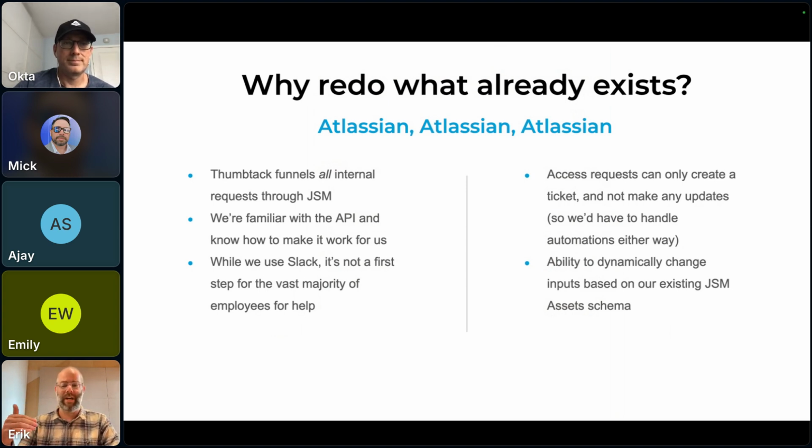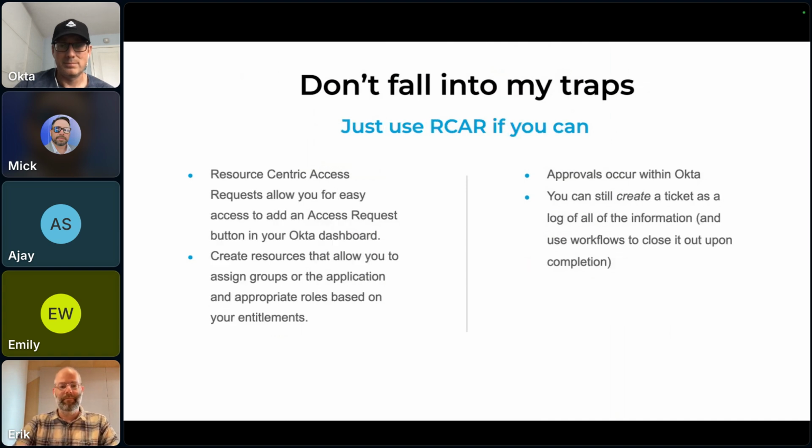For example, I'll show it in a little bit. We have a list of DRIs, and they're essentially the approvers of the application. If that person is listed as a DRI, they are automatically brought into the Jira ticket as the approver. And that means we don't have to create a bunch of different request types in Jira, and we don't have to modify the access request every time someone comes or goes. So we'll go over that a little bit.